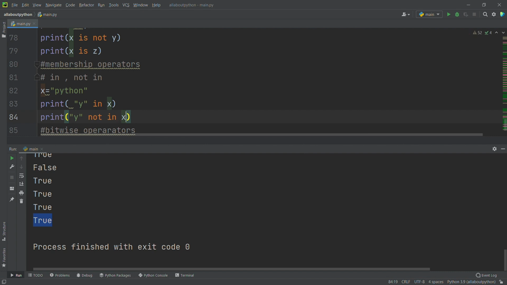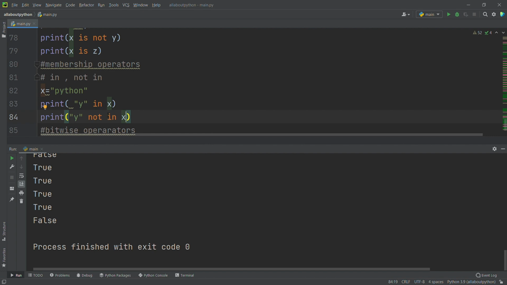It's going to print false because y is in x, right? So this is how we can check whether some string is present inside some variable, whether some value is present in a dictionary, or some characters or values are present in lists or tuples. Whenever we want to check whether data is present in some variable, list or tuple, we use the in and not in membership operators.